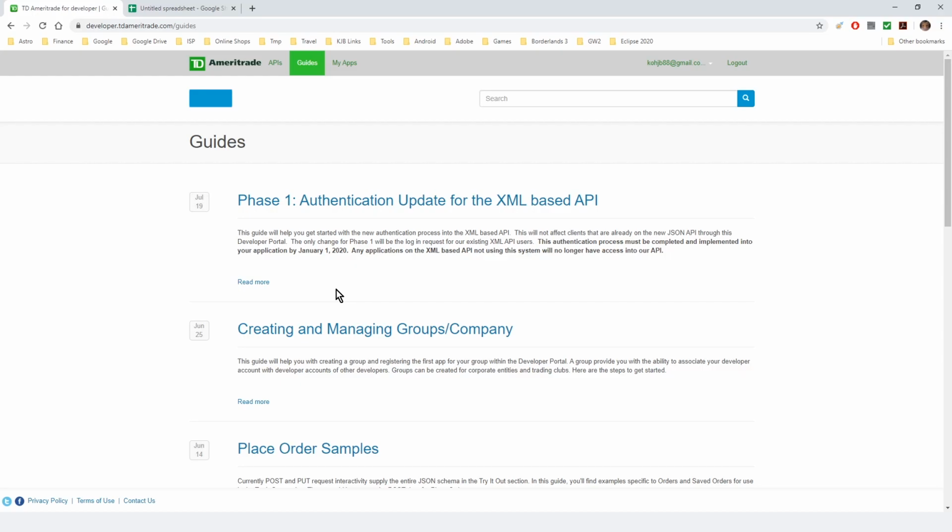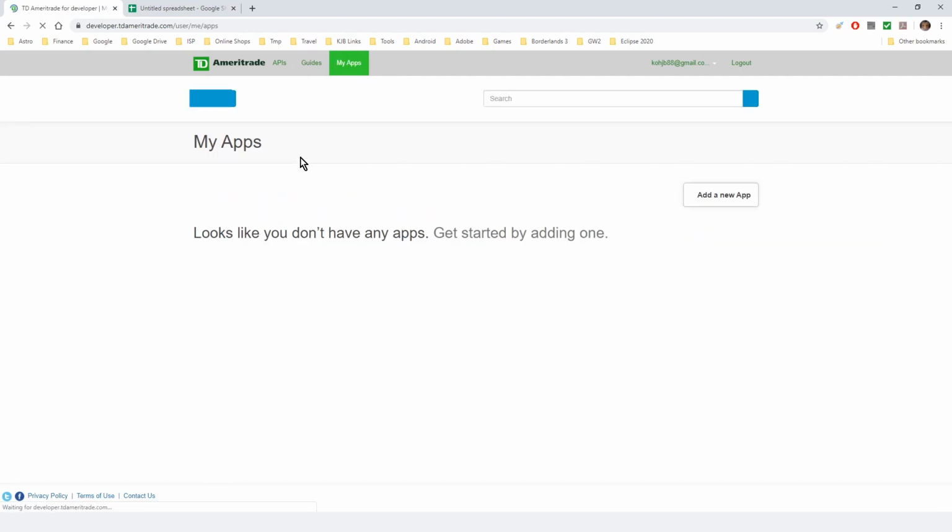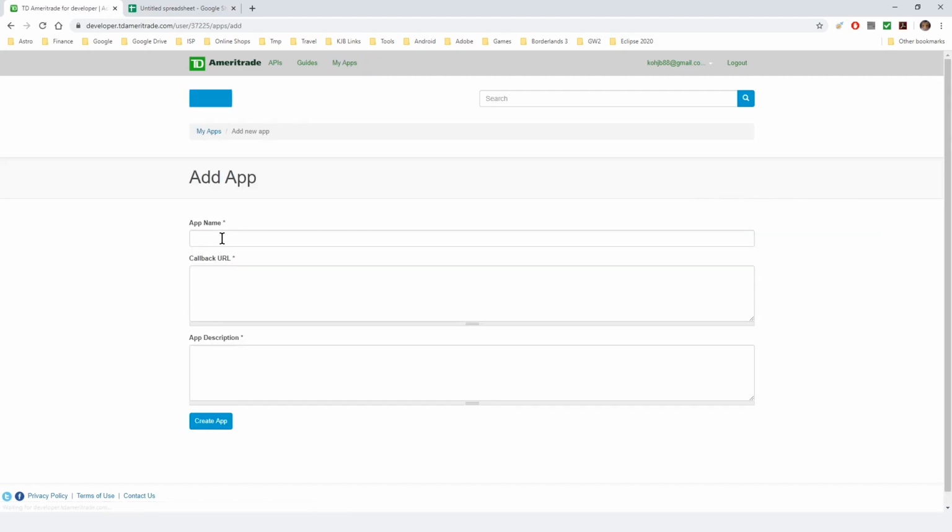So after you've logged in, you should see My Apps on the top left. If you click on that, you will have a way to add an app. Now, as a local user, a private user, we can only create a single app. So add a new app, give it a name,